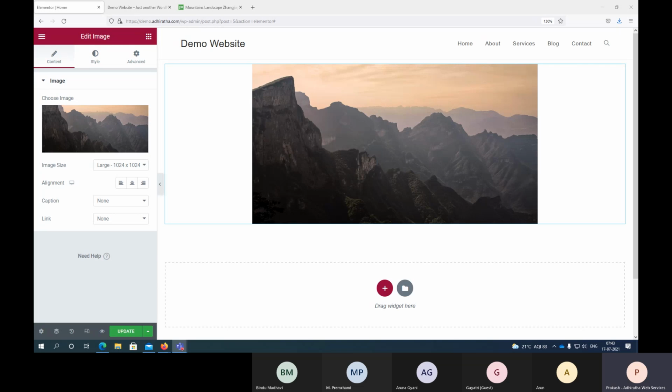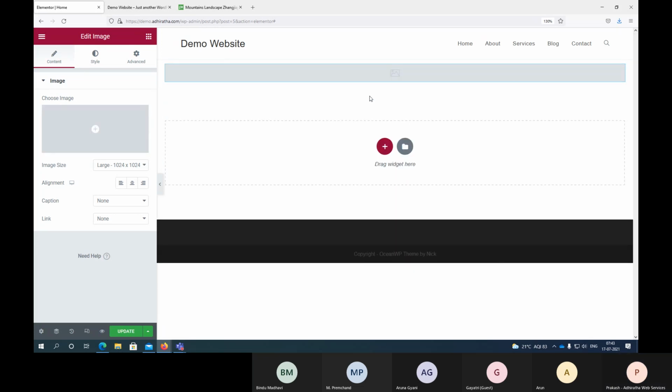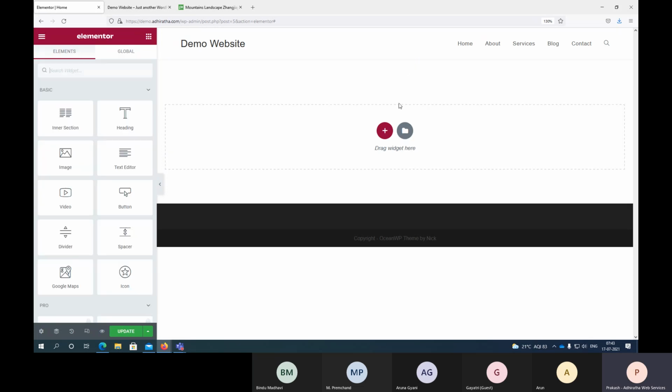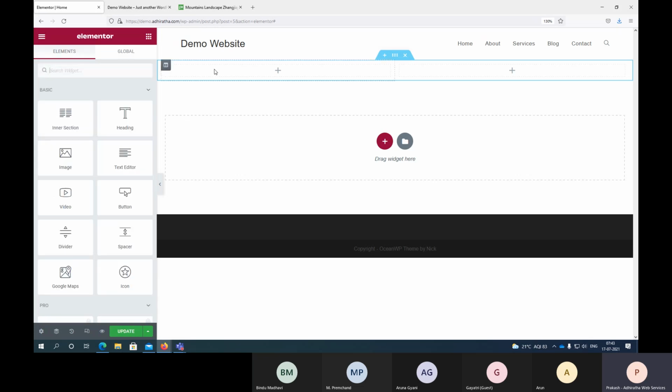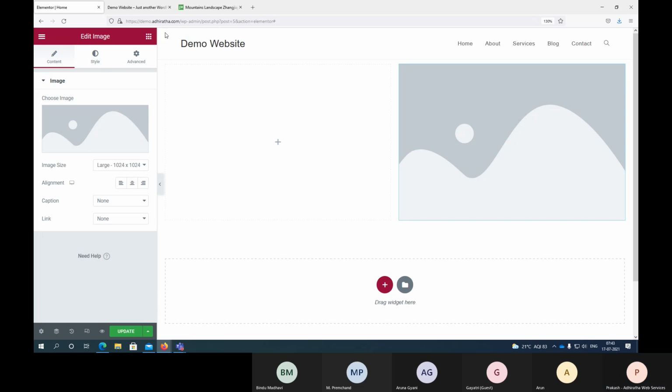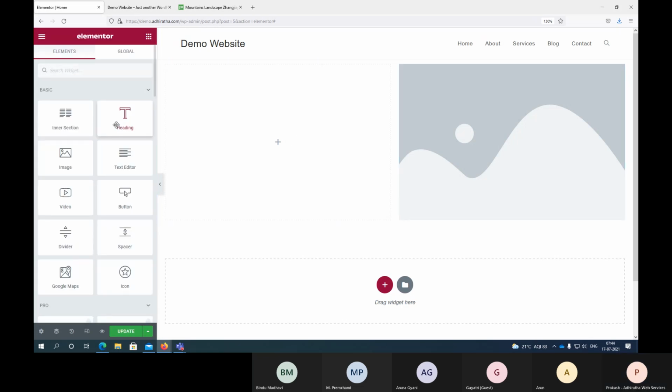Okay, so let us do one thing. This image is not matching here. So what we do is, let me remove this part. Even this section, I'm removing it. Let's add it again. Now what I want to do, again, go to the section. Now bring the image here. Then again, coming back here.